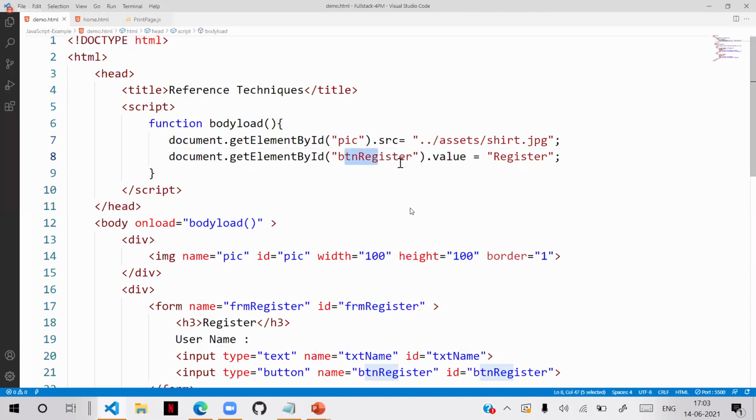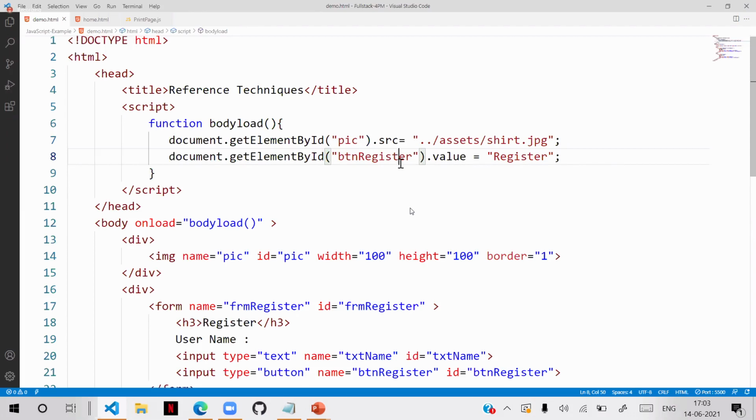Depending on the type of element: a button will not have src, it will have a value. An image will not have a value, it will have src. According to the element, we have to define its properties.